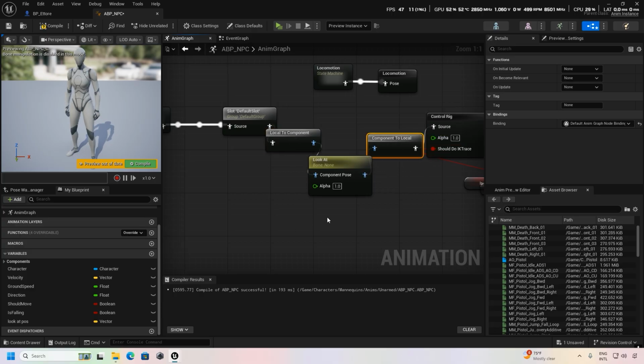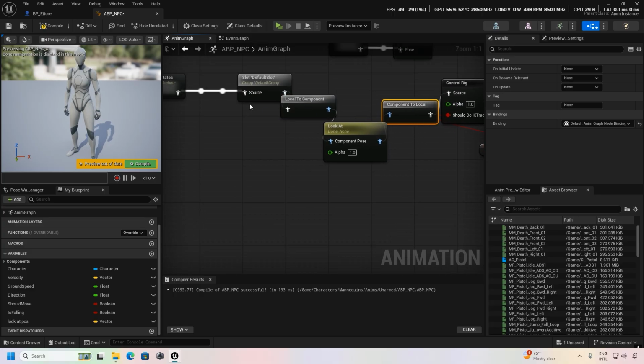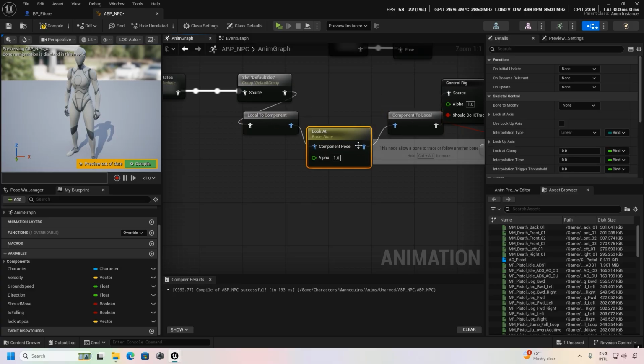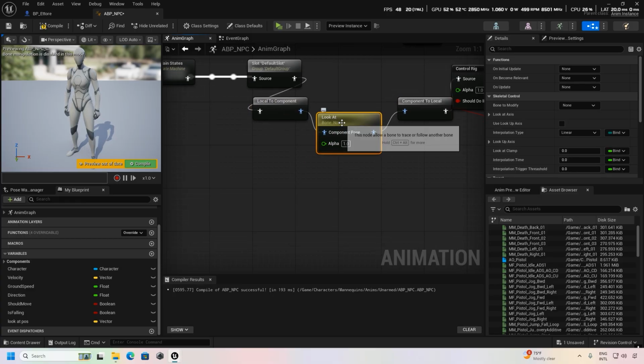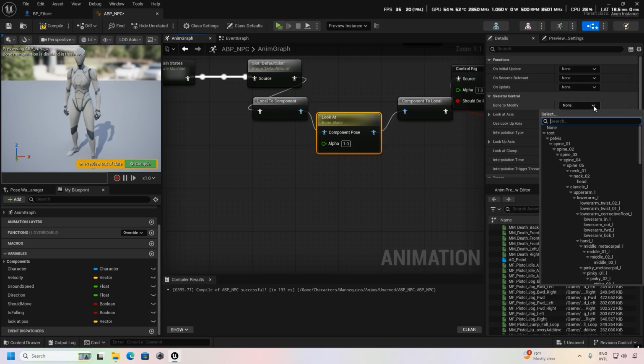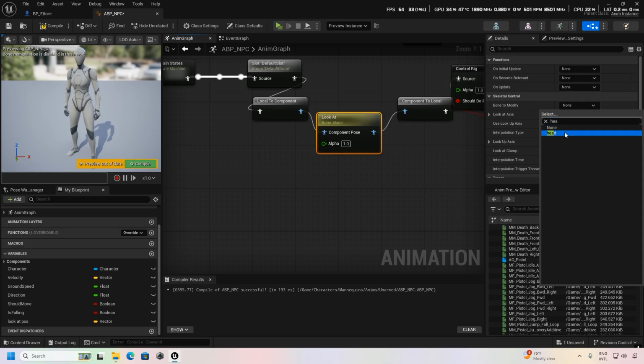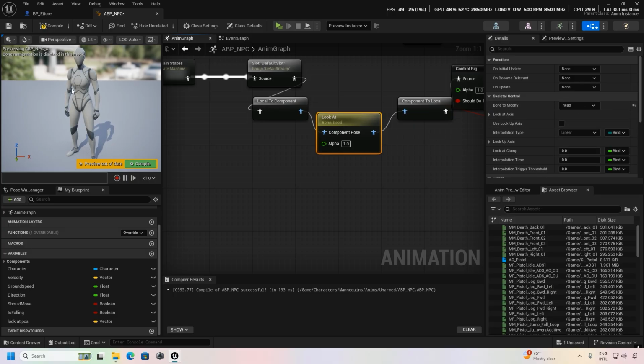Okay, we join it, and the blueprint pins are automatically created here. And here we select the Look At. There is an option, bone to modify. We want to modify only the head, not the whole body. So we just search here for head. Okay, so there is the head.